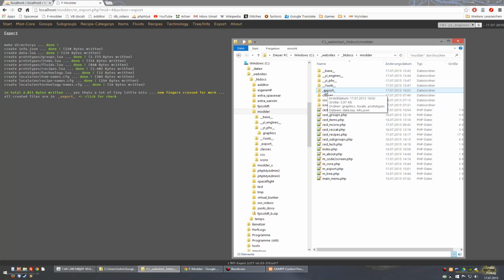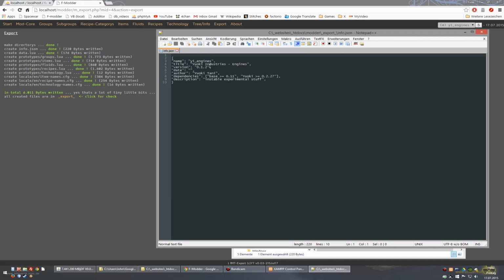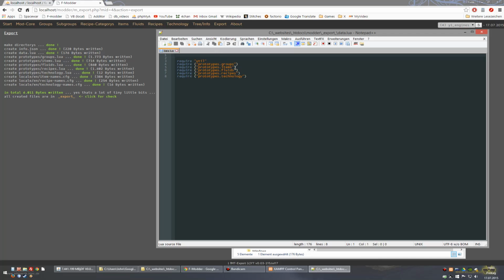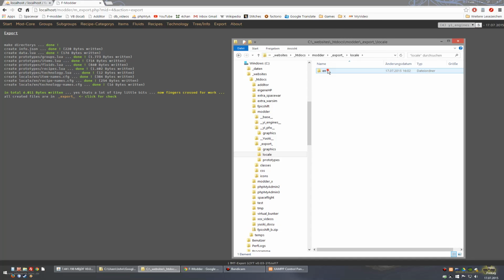It's the export folder, and it creates the JSON file with the information. I need to add the date here to check this, and it creates the data, including group, items, fluids, recipes, and so on, and it creates the